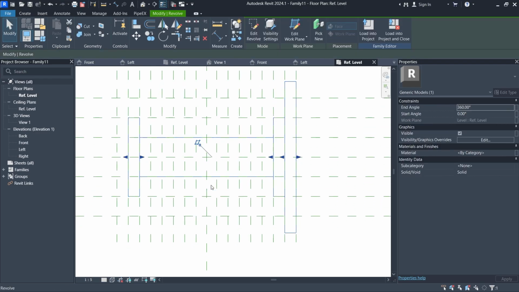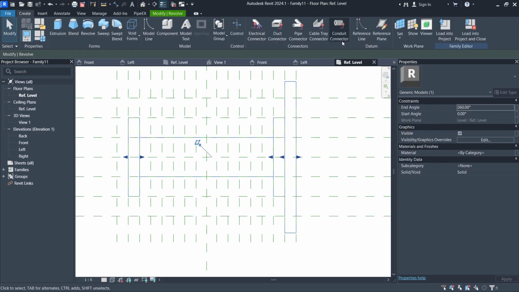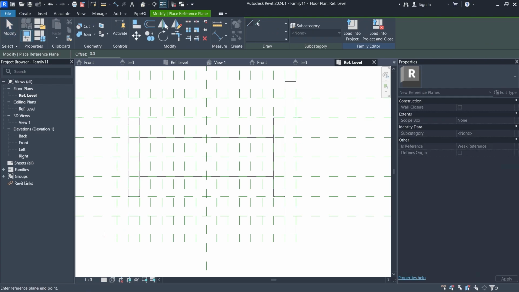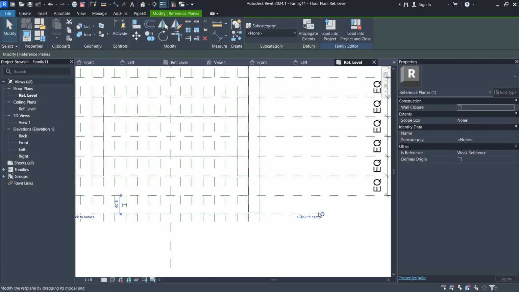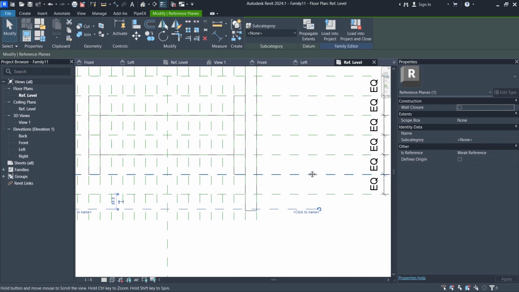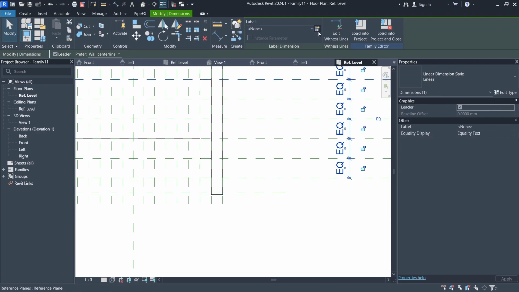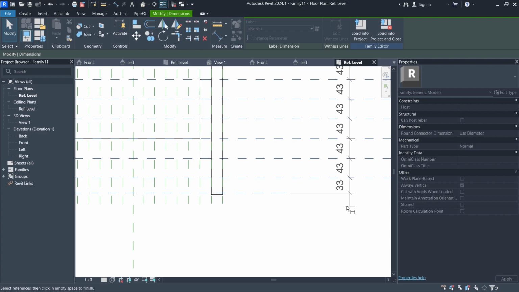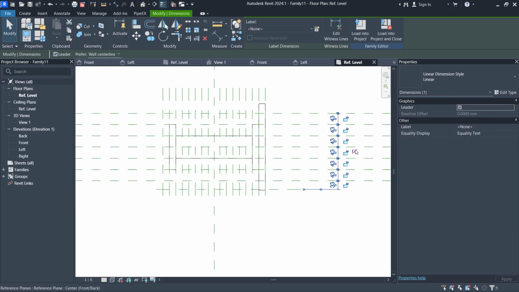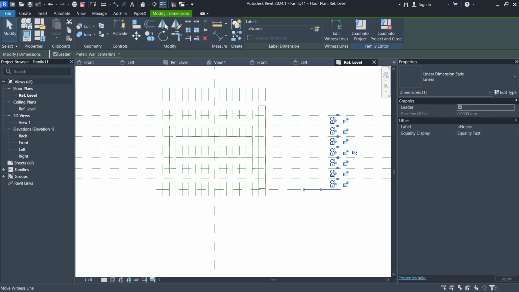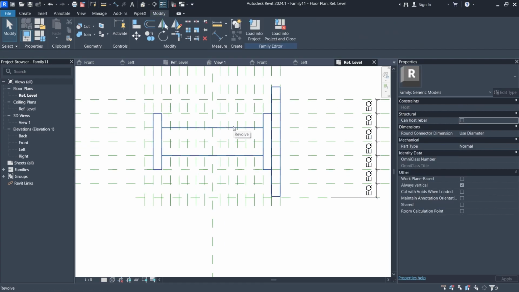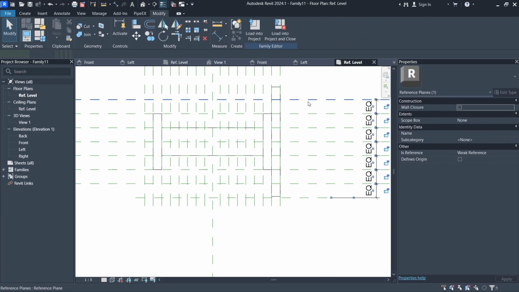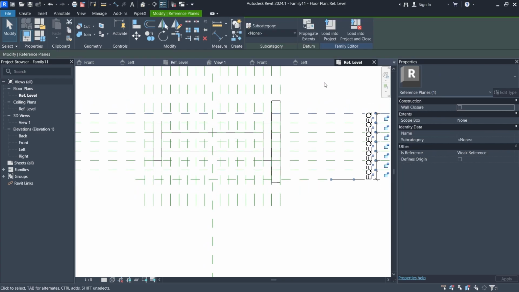Like this, great. And just one more reference plane that I'll add. Here we'll say that it will also be equal to all the other reference planes. The distance, and well,